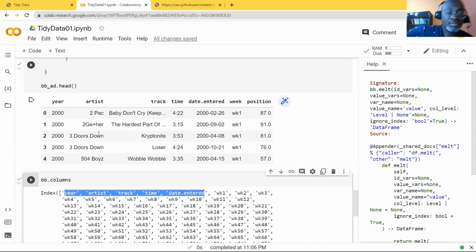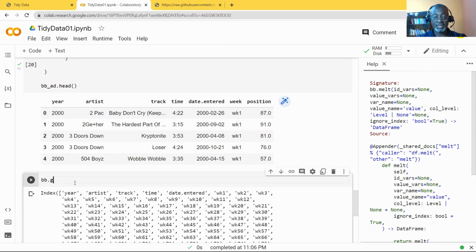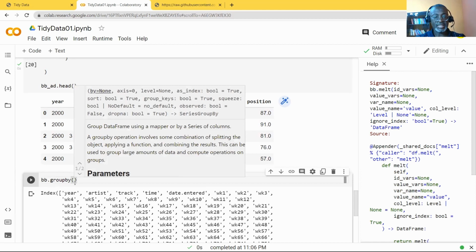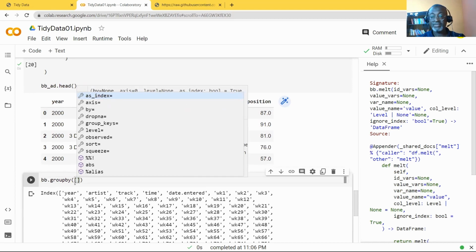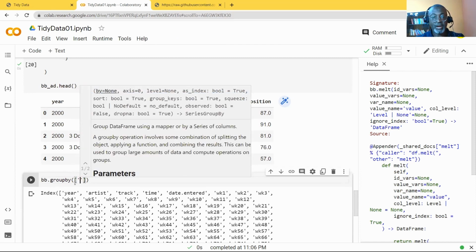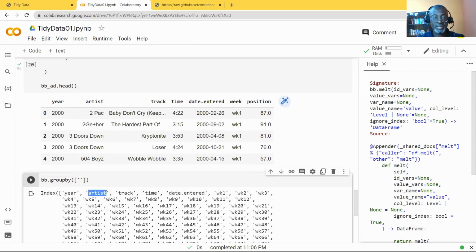So let's do our group by. I'm going to just use this cell here and do my group by. Group by is a method, so I need to put a round bracket. And then I just like putting my square brackets just to prepare myself that I might want to put a list. Should I do by artist? That's what I like doing, so that I can just do my cut and paste without having errors. So if I do group by,